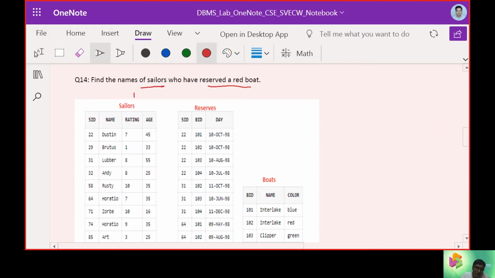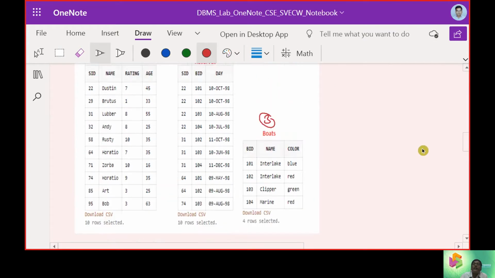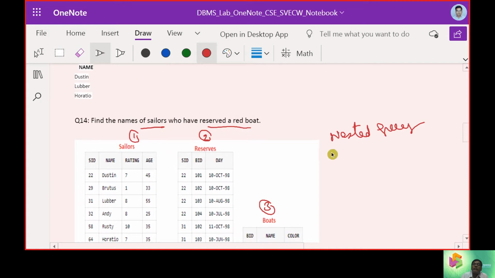So we need database 1, database 2, and database 3. That means we need to have a nested query and a main query.